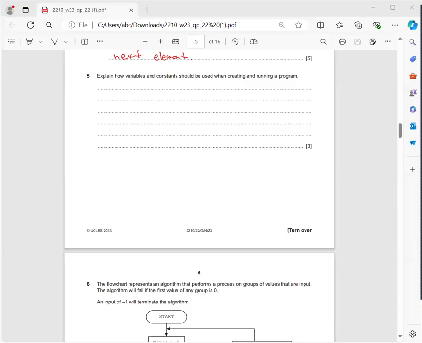This is question number 5 right in front of you. Question number 5 says that you need to explain how variables and constants should be used when creating and running a program. Now, I have already discussed with you when I was discussing the chapter what variables and what constants are. Variables are those that change the value, right? That means you can store their exact value into that. Whereas a constant is those values that never change. The question says that you need to explain how you can use a variable and constant when creating and running a program. So you have this here for your